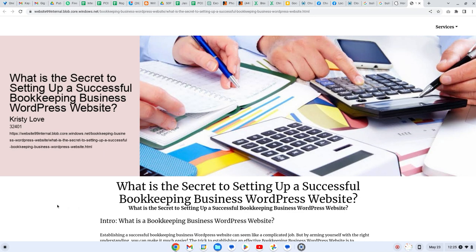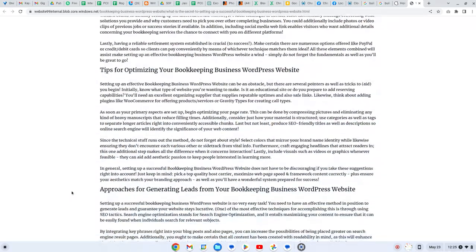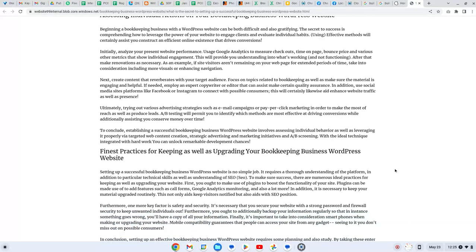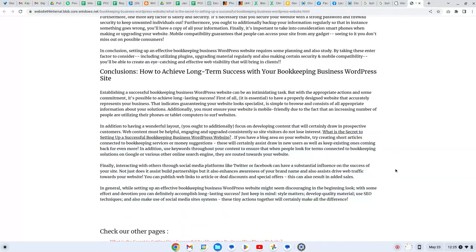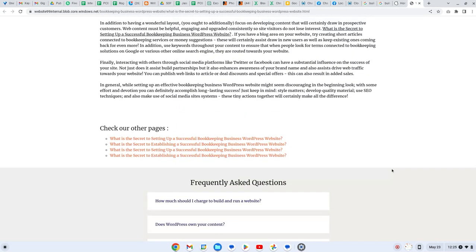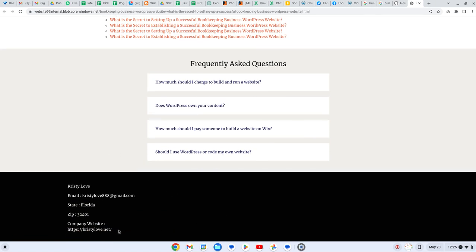And this is what one of our cloud stack pages looks like. So we've got images, we've got plenty of content, and you can see we use multiple H1s. And that's a pretty long article, but I don't know how many words it is, doesn't matter, but it's substantial. And then you can see here where it says check out our other pages, and here's frequently asked questions, and here's business information,